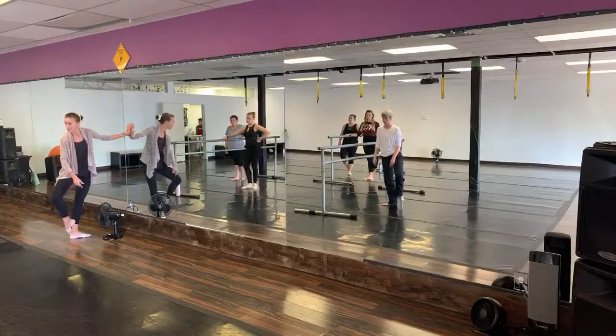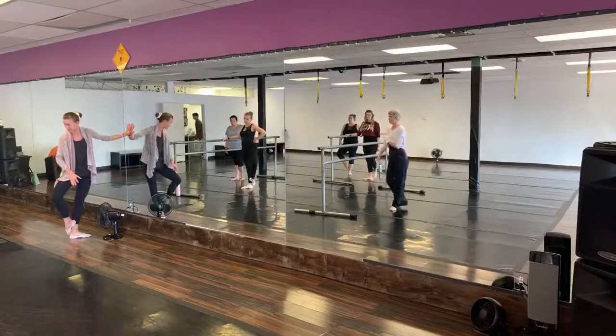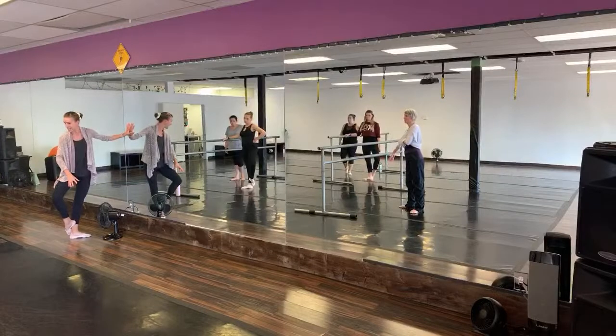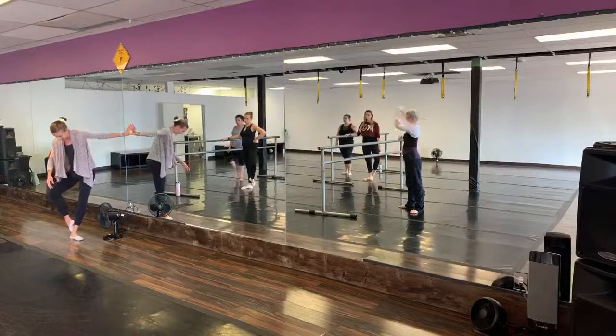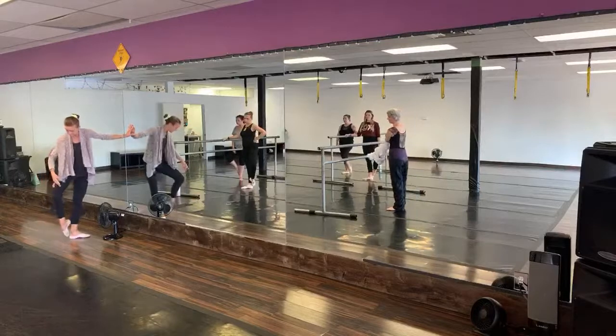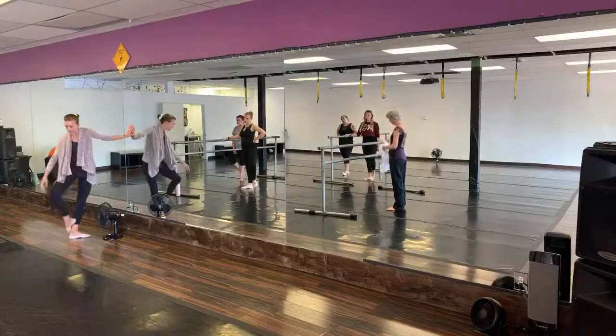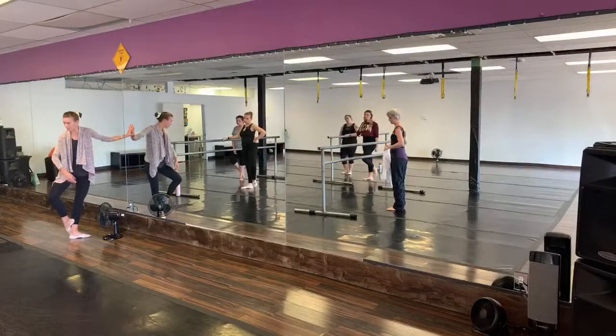But the sur le coup de pied, we wrap the toes around the back ankle while the heel's in front, so our foot's kind of like a little snake around our foot. So we want that heel in front and then the toes in back. Your foot might not be fully pointed because that's going to create a sickle. You have to kind of shorten this little area right here. And that's what we want the shape of our foot to be, in front